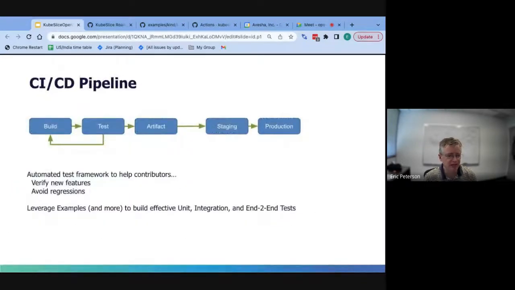The final class that I'll point out is our CI/CD pipeline. Of course, here at Avesha, we have an internal CI/CD pipeline that we track for our infrastructure. But as part of the community, now that we've open sourced this product, we'd like to expand on that.